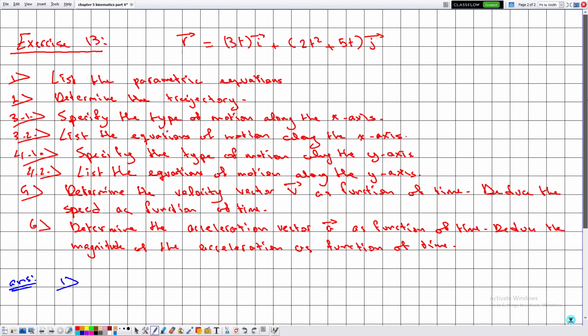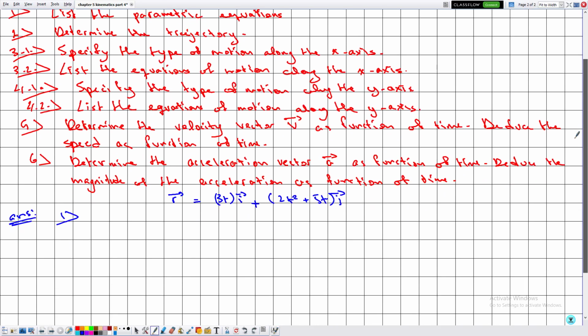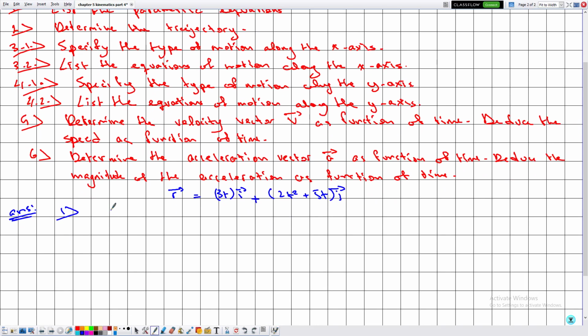Given the position vector, which is r equal to 3t i plus (2t squared plus 5t) j, we are asked about the parametric equations. So this is straightforward. x of t is equal to 3t and y is equal to 2t squared plus 5t. Now in number 2,